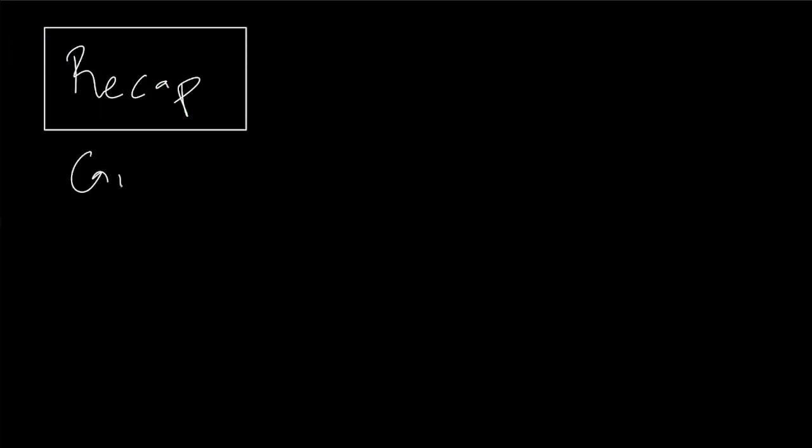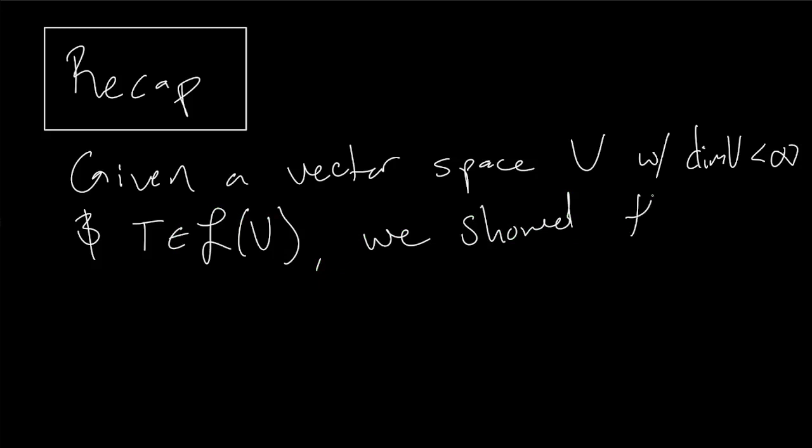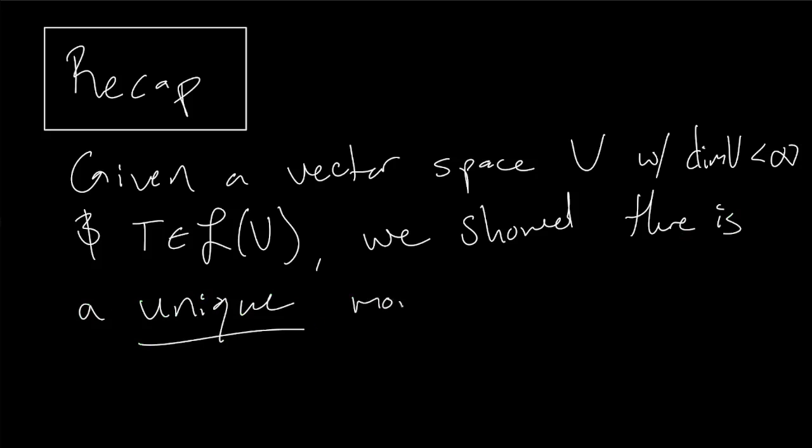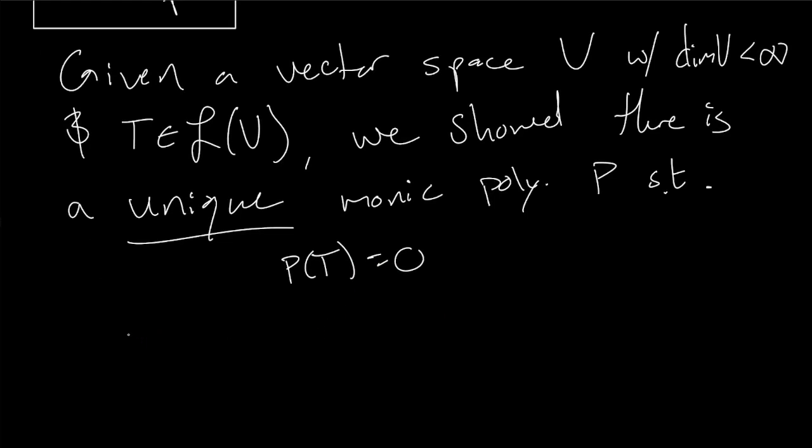So, given a vector space V with dim V less than infinity, that is a finite dimensional vector space, and an operator T on that vector space, that is a map from the vector space to itself, we showed there is a unique monic polynomial P such that P of T is the zero operator. Okay, so the idea of it is that